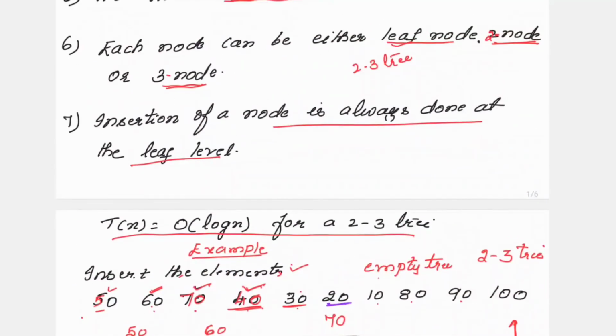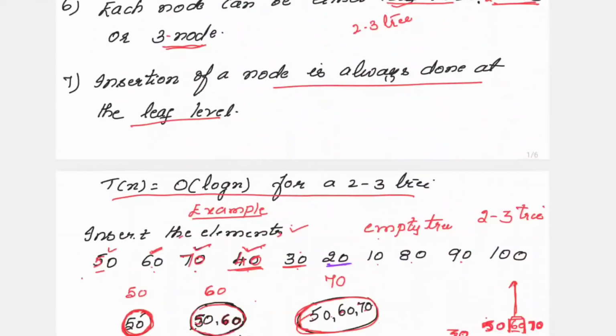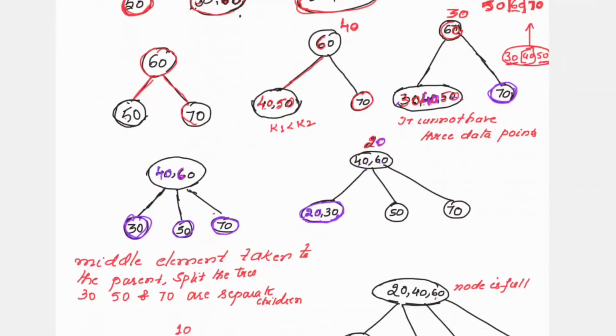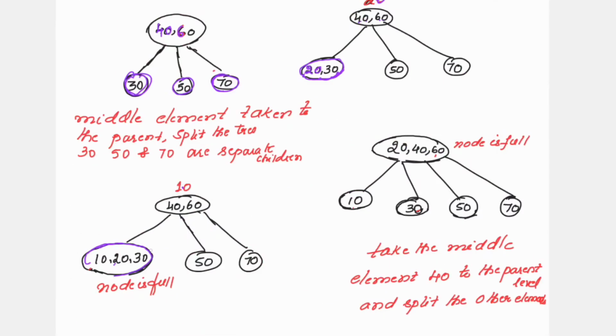Next element that has to get inserted is 10. This one 10 will come to the left side of the tree. So already 20, 30 were there. So now you have placed 10 also. Then comes what? The 50 and 70 as it is. But this node, three data elements are there. So you cannot have three data elements.